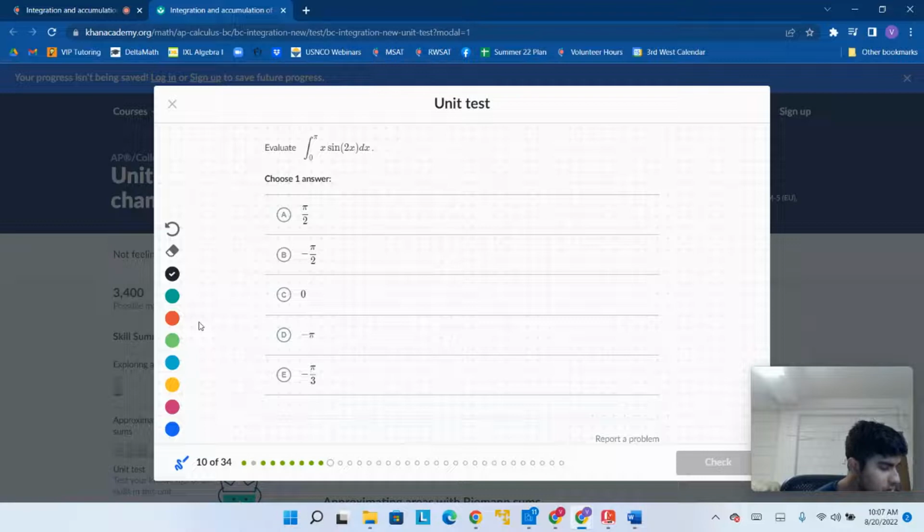Right, sine 2x. So u is going to be the inverse of that, which is going to be negative cosine 2x, but you also have to have a half. So negative 1/2 cosine of 2x. And then dv is obviously just 1. So then I'm going to plug that in to my uv. So uv is going to be negative 1/2 x cosine of 2x